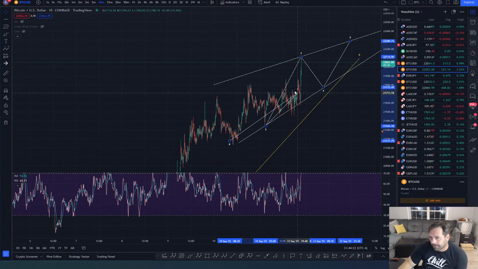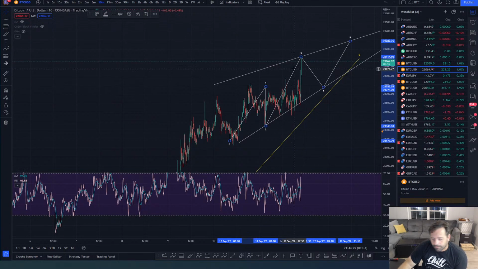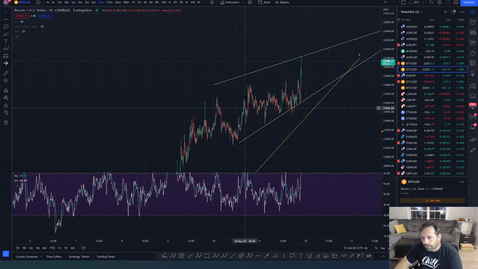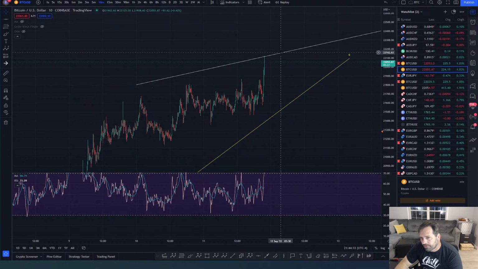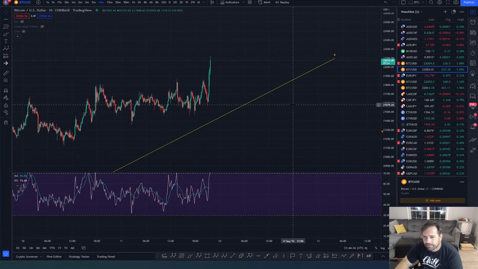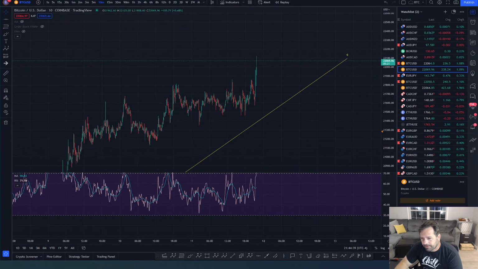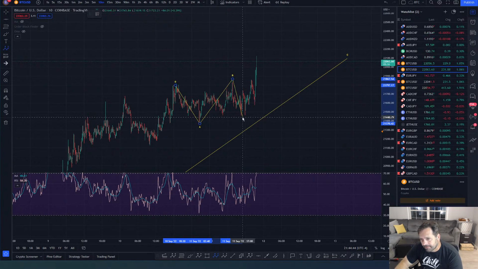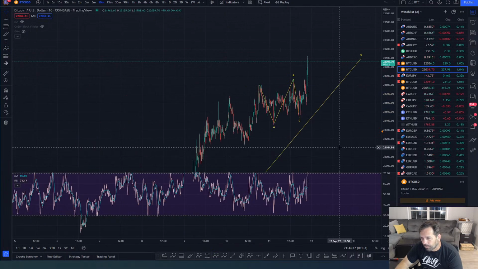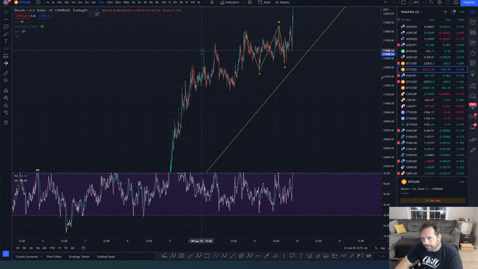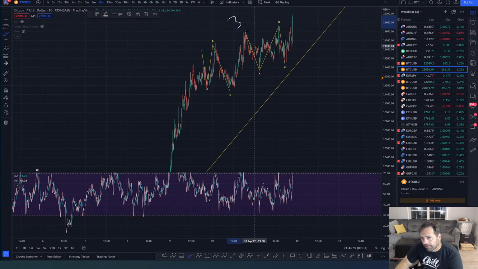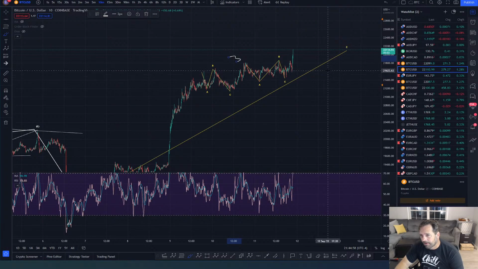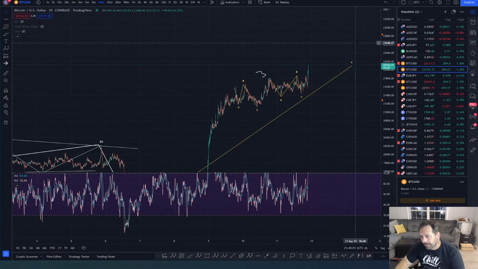Now that's the other option, by the way, that this is the top, that we just hit a top, that the wave 4 is in here somewhere. I'm not a big fan of that structure in there, but I suppose you can maybe get an ABC in here, and that's your wave 4. That this ABC right here was the wave 4 of wave 3, so the top of wave 3 was right here. This could be, I guess, a flat 4, and now we're getting the 5th wave to the upside now.